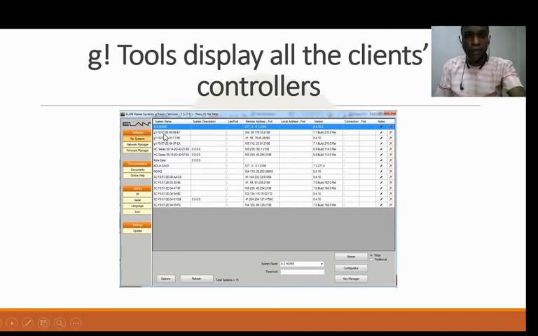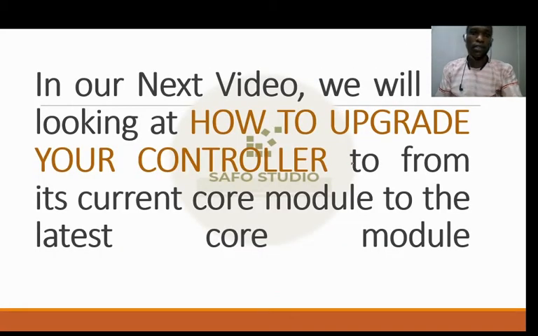These ones you are seeing now, they are all different. Let me pick my pen. You can see this is a different system. This is another system. This is another system. All through down, these are different systems. This one you are seeing on this interface now tells you where this is captured from, the systems that have been used to log into different controllers. So as you are logging into different controllers, you will be having access to this.